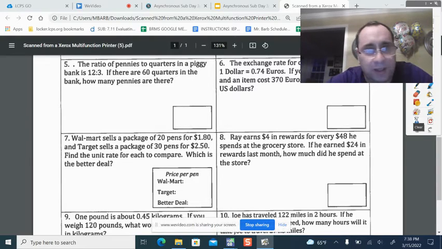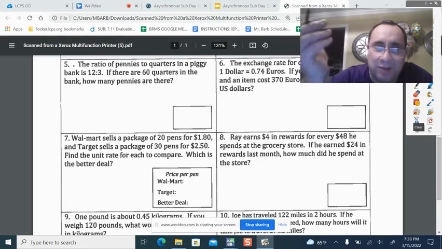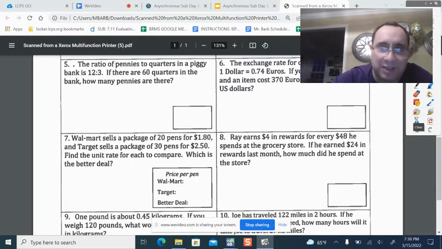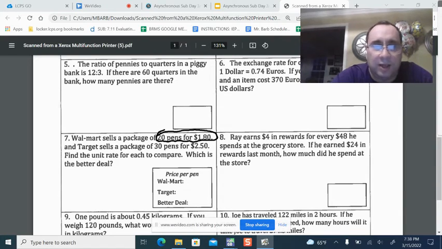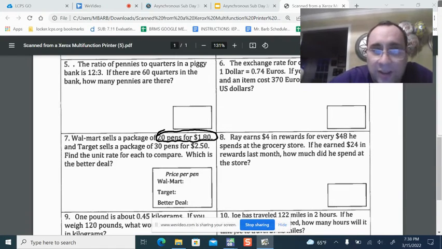Now, totally different. Now we're going back to ratios and ratios where you've got to figure out what's the better deal. And we've talked about this. If you went to Costco and you went to Walmart or Target, where are you going to get the better deal? All right? Not always. Walmart's not always the cheapest. Target sometimes can beat them. But sometimes you got to buy more. The more you buy, the cheaper it is. All right. So all you have to do is take